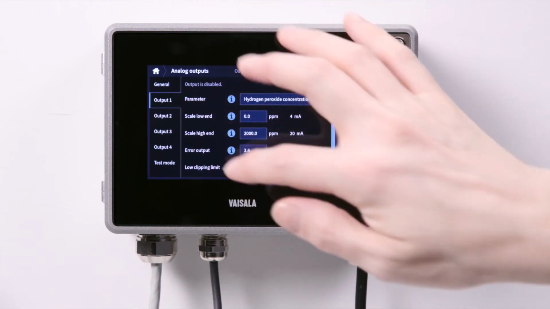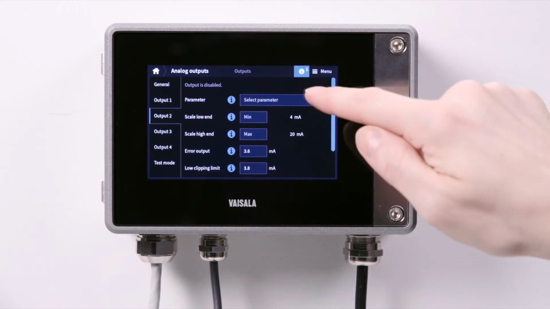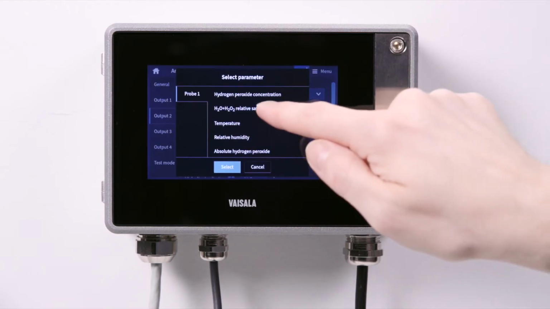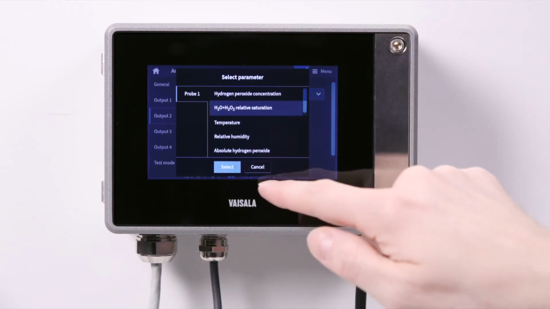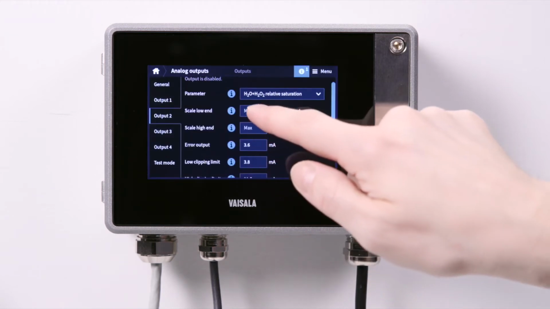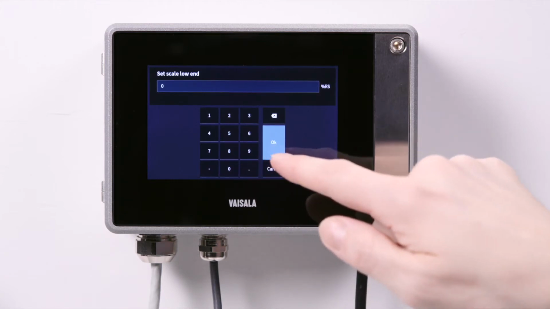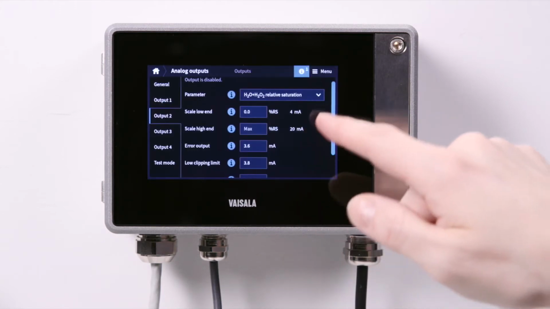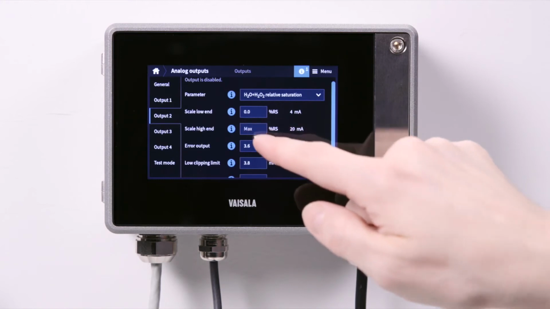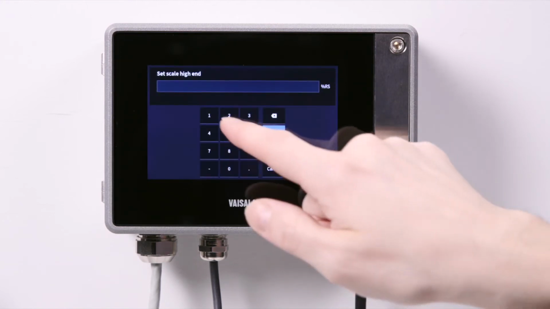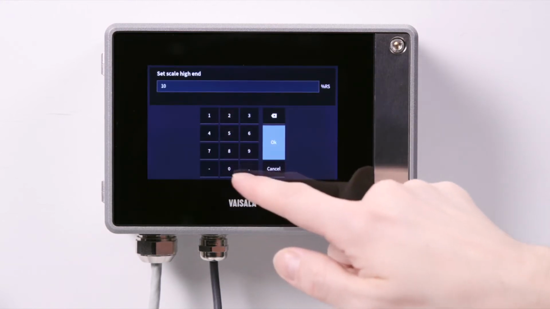Let's do the same for the second output and use relative saturation here as an output parameter, where 4 milliamps means 0% relative saturation and 20 milliamps means 100.